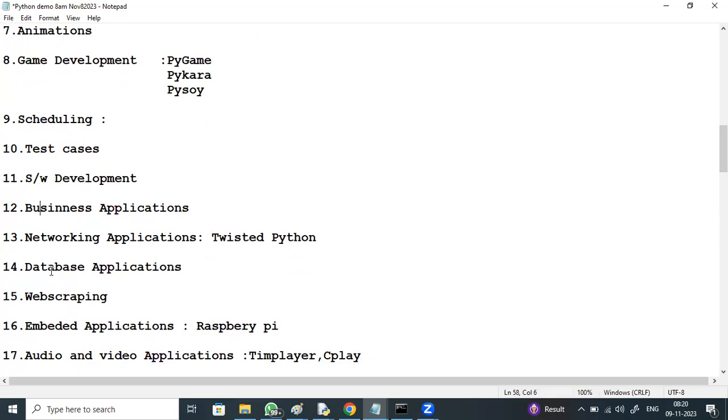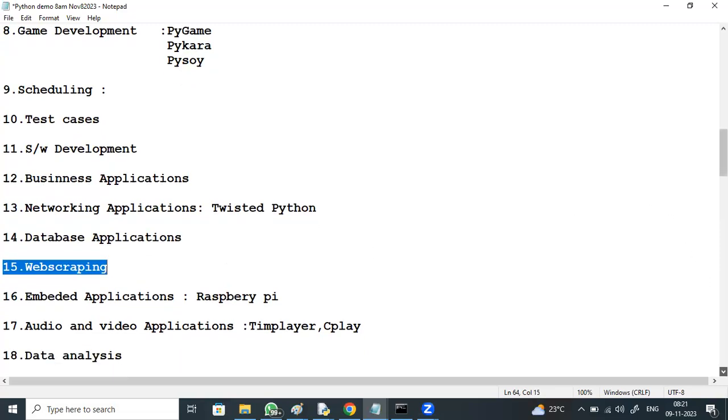Even for database applications, Python is one of the best choices, because every web application requires a database, and Python can easily connect with any database. Then there is web scraping of data from different websites like Flipkart, Amazon.